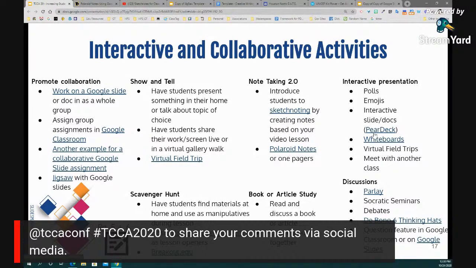These are really wonderful platforms where you can have your audience interact with your presentation. And the nice thing is that you can either do it live, where you have the interaction, or you can put them in what's called student self-paced mode. And that's great for your asynchronous students. They can still have that interaction, even if they're going at it on their own time. So that's another wonderful way to do collaborative things.